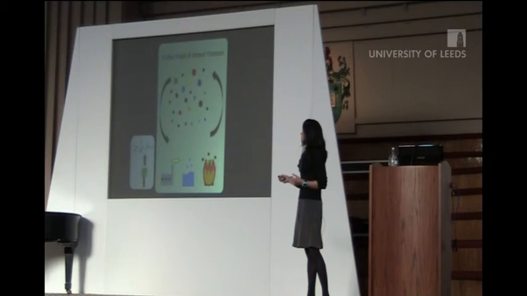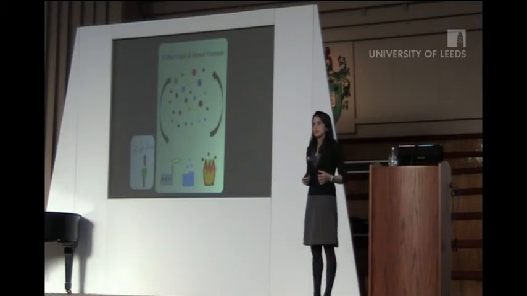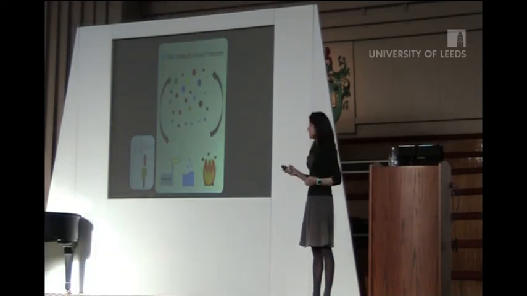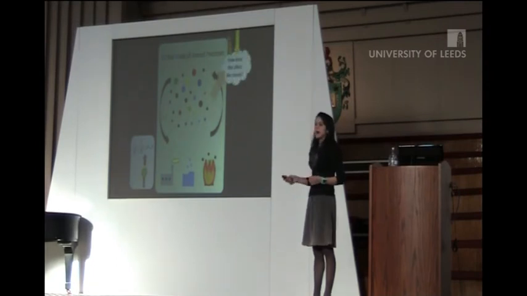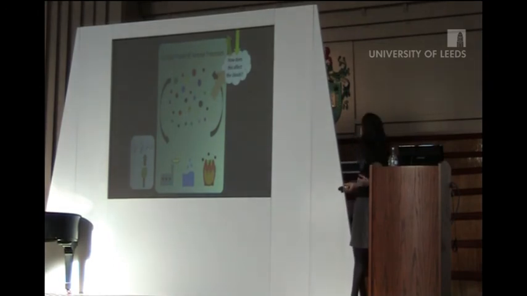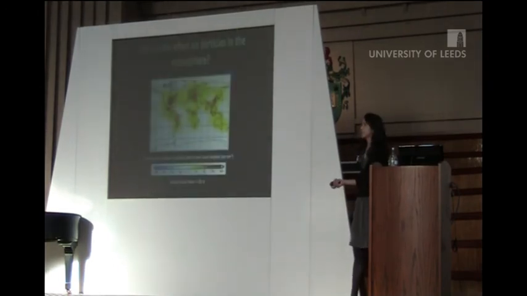So for my research, I've been adding in these molecules that come from the trees to try and find out how it affects the number, size, and composition of these particles, and then most importantly, how that goes on to affect the clouds and the climate. So what is the effect?